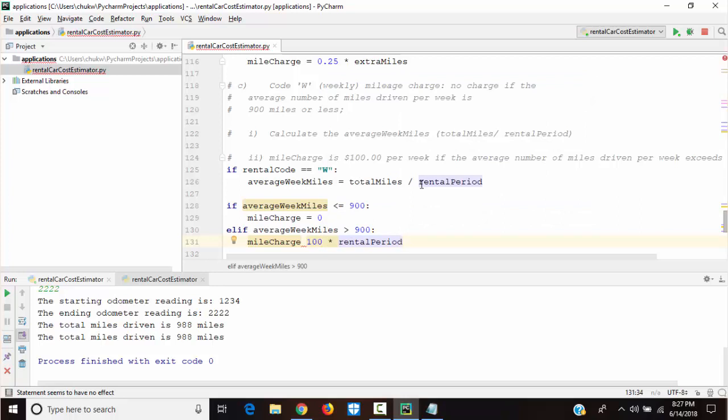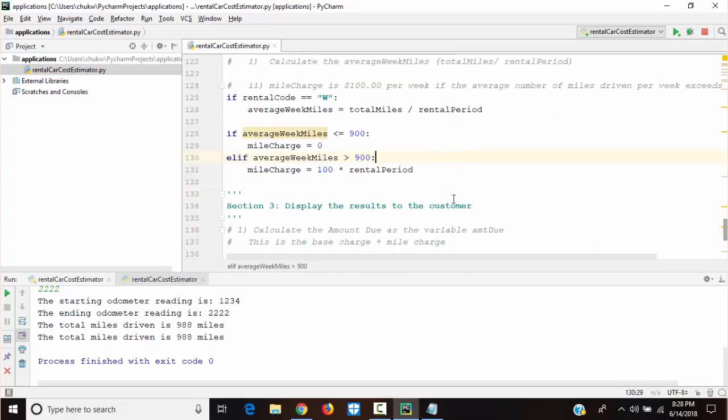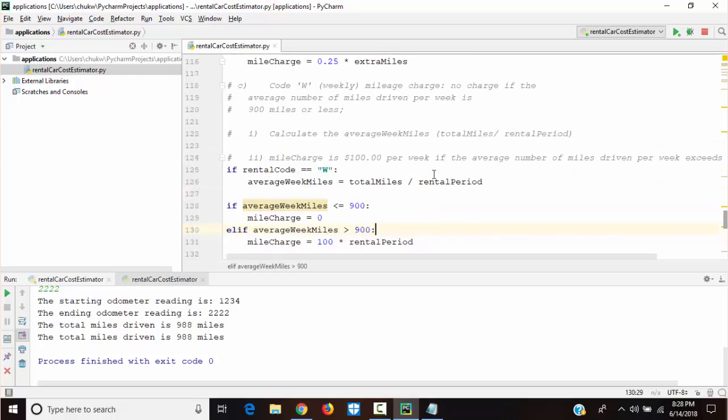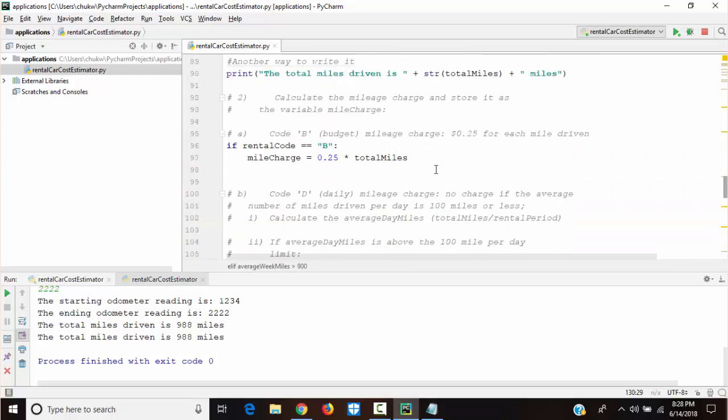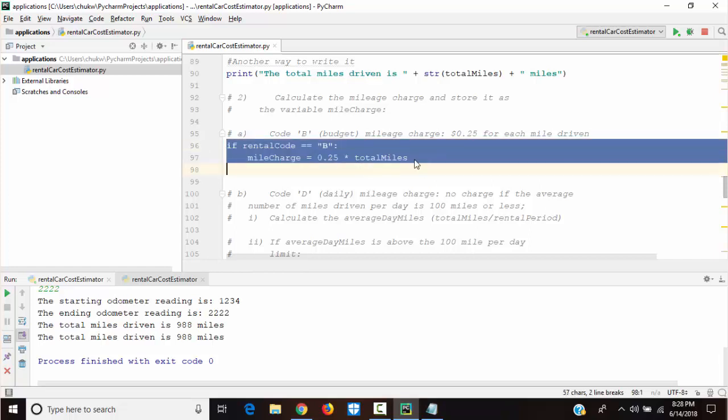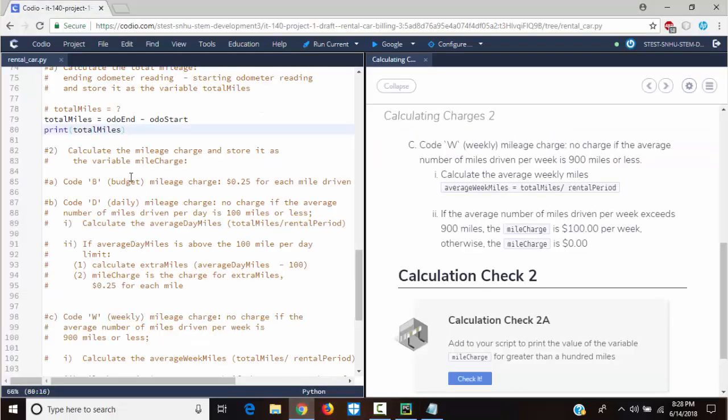If the customer says weekly, you put in code W, how many weeks? So it will be 100 times that rental period. Okay. I will just copy this here.